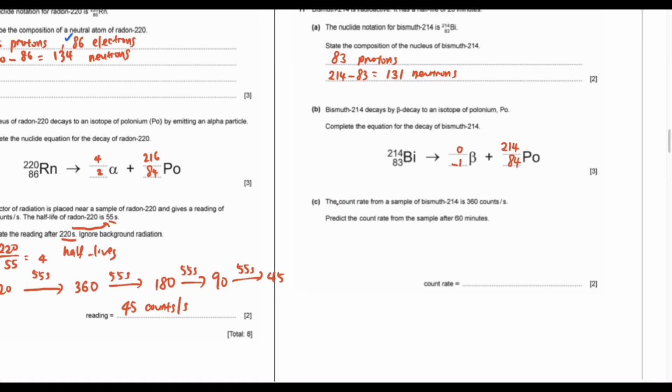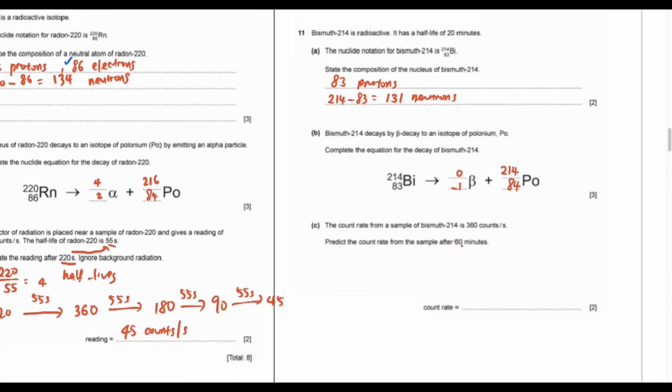Then part C, the count rate for a sample of bismuth 214 is 360 counts per second. Predict the count rate from the sample after 60 minutes. So be careful with this 60 minutes. This is the total time given. Divide by the half-life, 20 minutes. So 60 minutes divided by 20 minutes is equal to 3. So that means there are 3